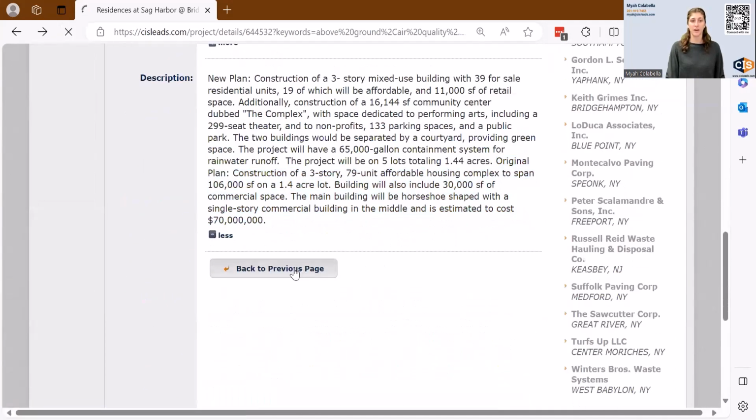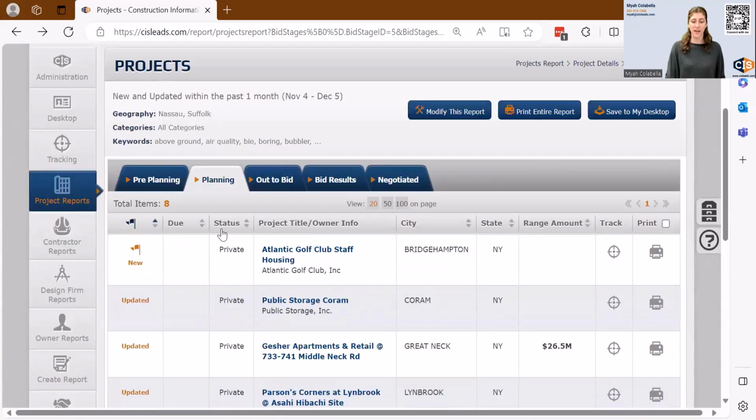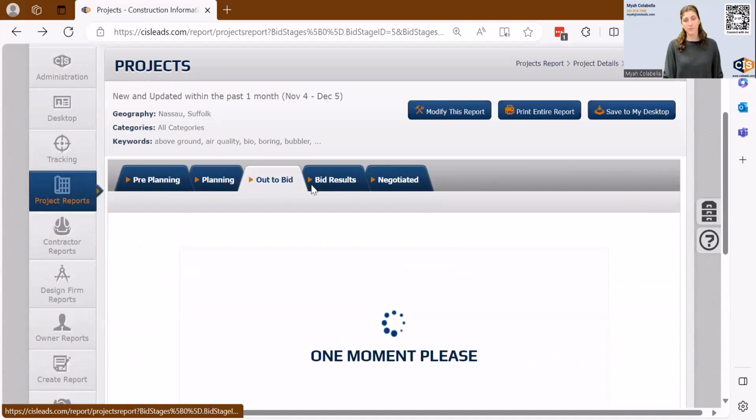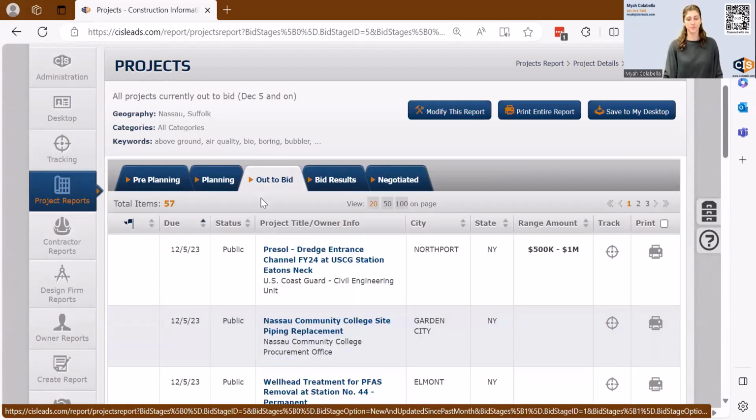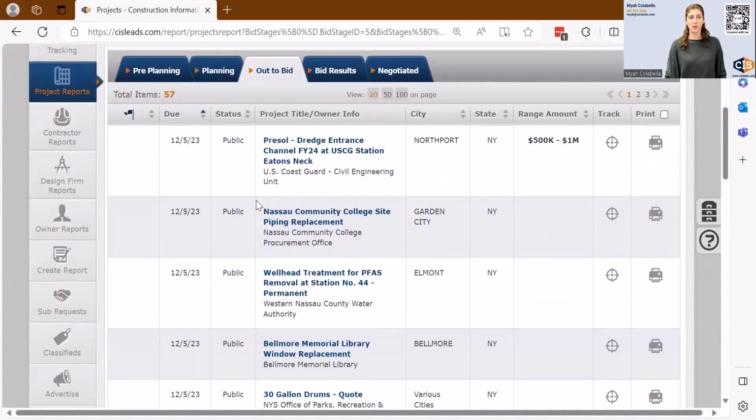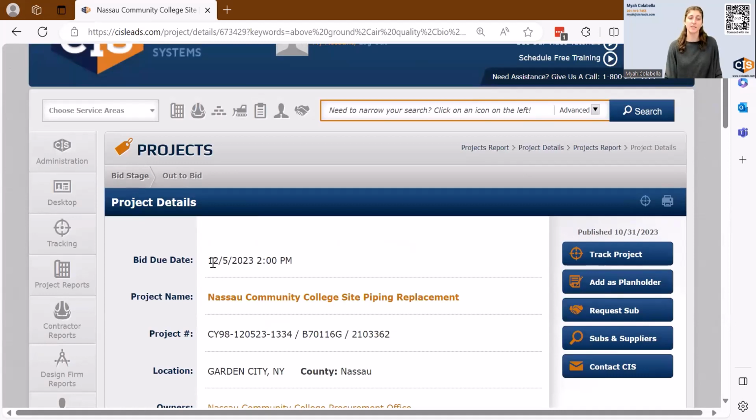So I'm going to take us back and move us into looking at the out to bid stage. And out to bid and bid results are primarily public projects that we'll be looking at. So let's take a look through this. Well, piping replacement jumps out at me. So we can see here that the bid due date is today, December 5th, but we published this project on Halloween of this year. So October 31st, we gave our users over a month to put together a bid on